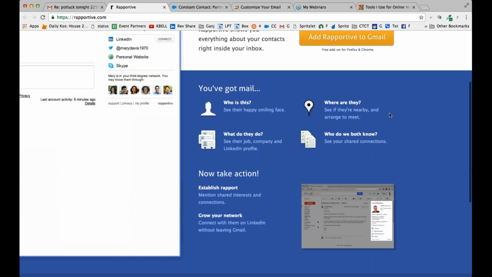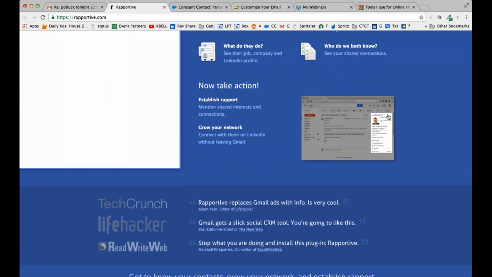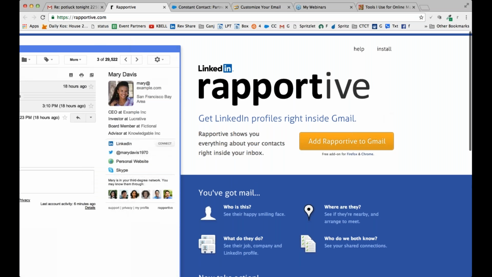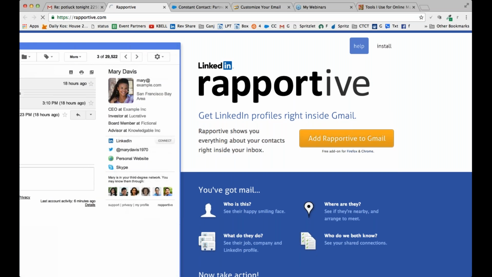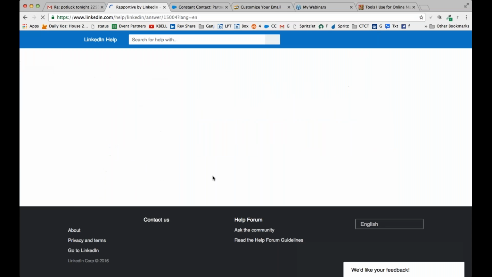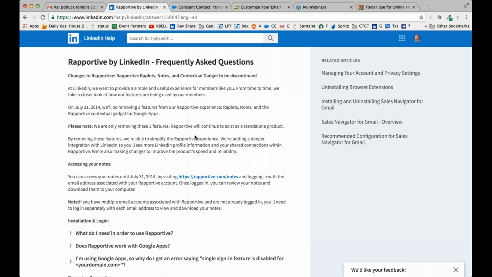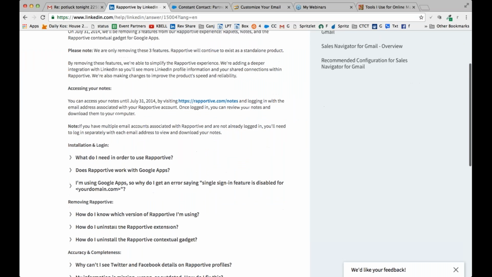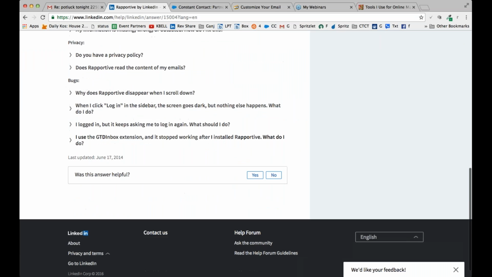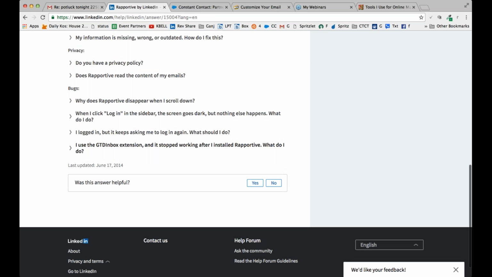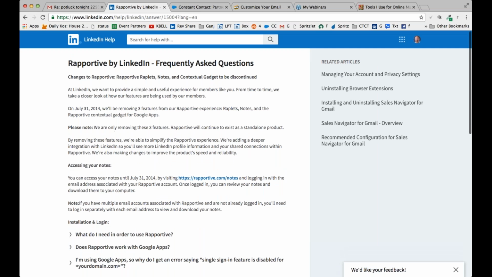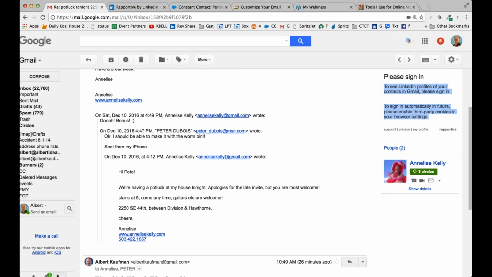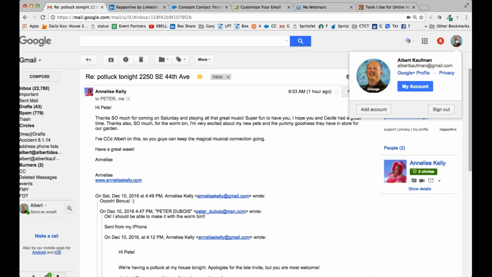In fact, I'm not quite sure what's going on with it, but in the past, it has really worked well, and it enables you to scroll over an email and then add the person directly into your, or make a connection between you and the person that you have connected with in,